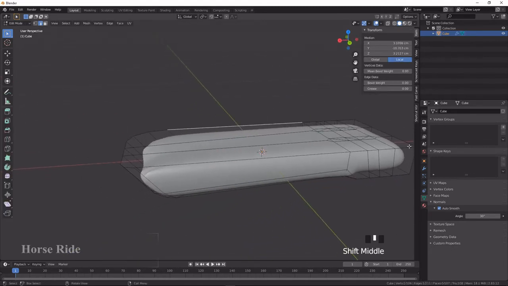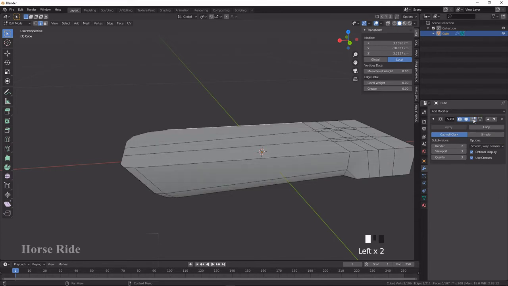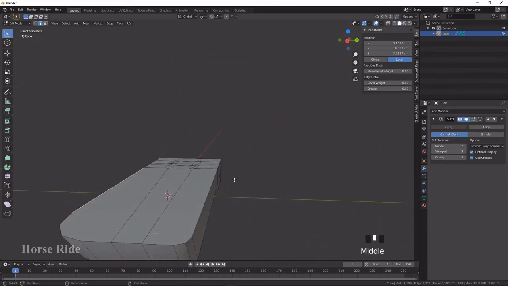Okay, and here you can disable the smooth option in edit mode.